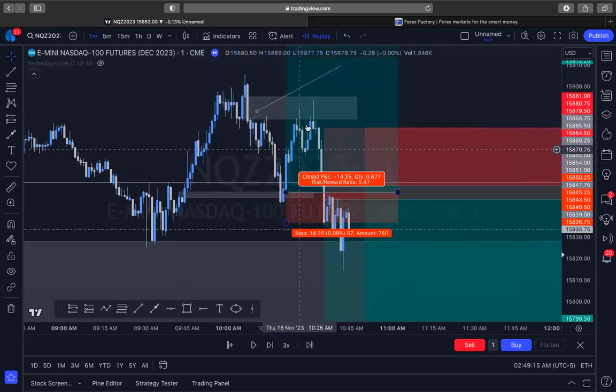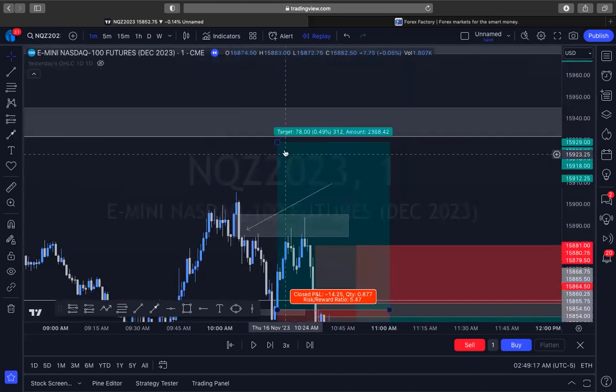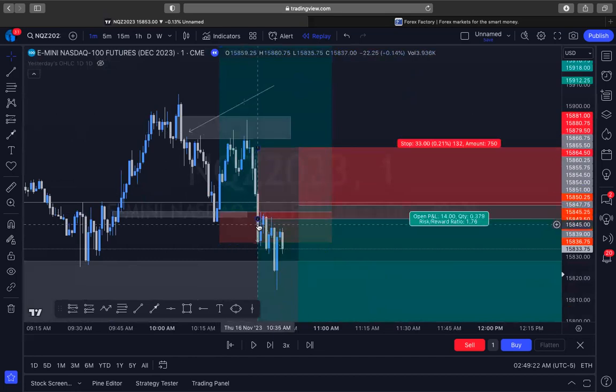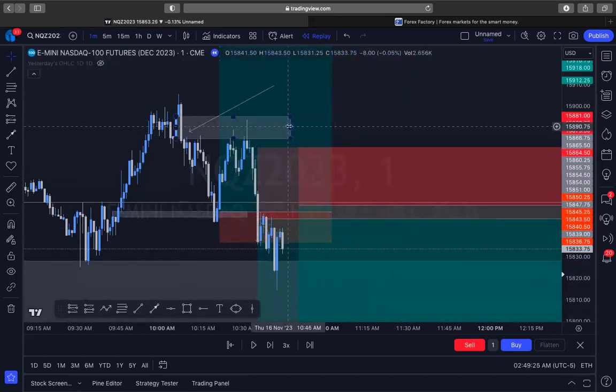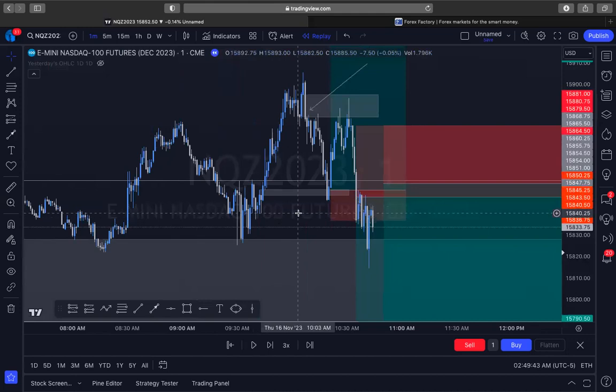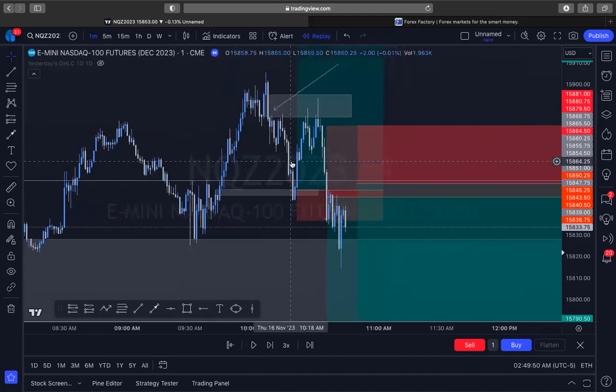Right here, this is an entry that I wanted to see play out and see if we can again target into this part right here, right? Clearly, it didn't do that. It reversed, but I did mark this area here to see if it would respect that, because you don't have to take a trade based off of just one idea. You have to adapt yourself to see what the market is printing and what it's doing, where it could potentially be targeting. Because remember, at this point, we're in shorts, right? We want to see market go down. Why? Because we have already tapped into a volume imbalance.